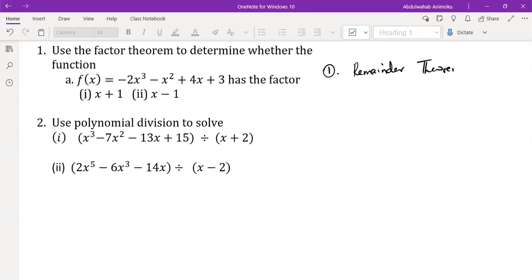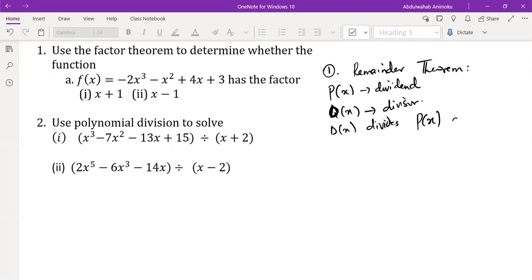What this theorem basically says is, if I have a polynomial p of x, which is called the dividend, and then we have another polynomial, let's say d of x, called the divisor, then if d of x divides p of x completely, it implies that d of x is a factor